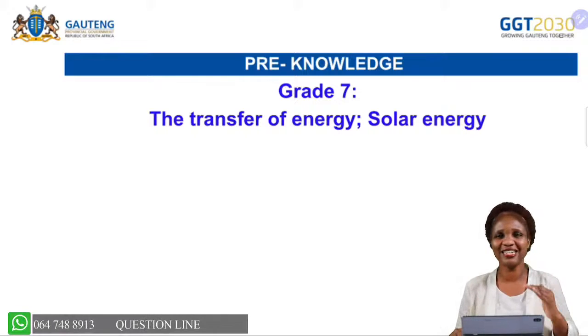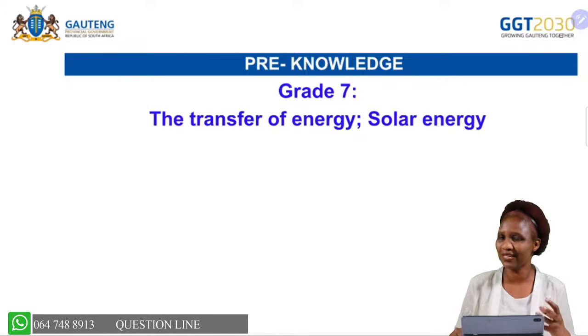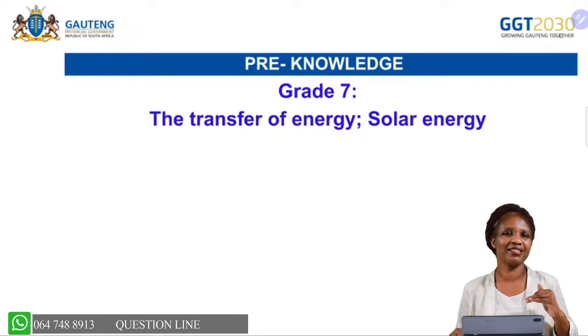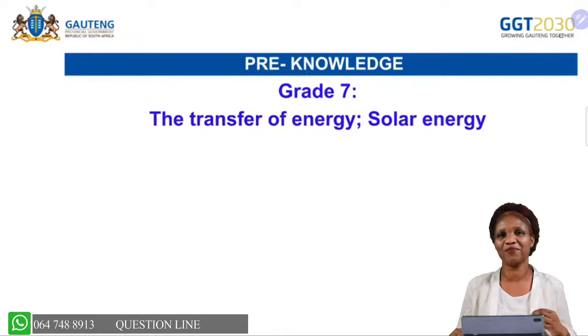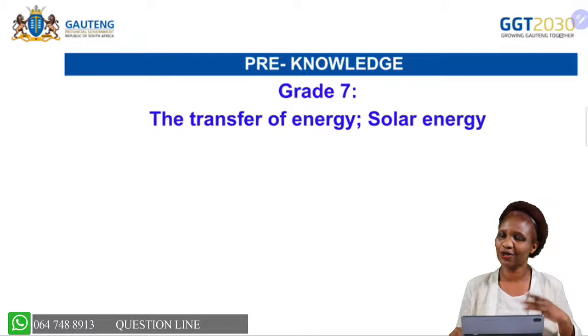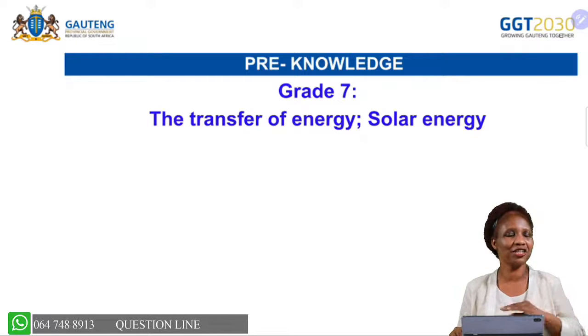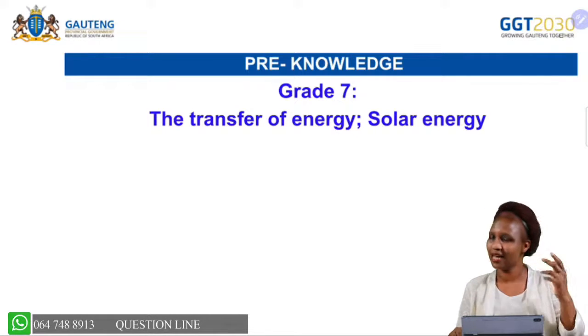Why? Because plants need the sun for photosynthesis. Remember what happens in photosynthesis. We need radiation energy from the sun. We need carbon dioxide from the atmosphere. We also need water from the soil so that plants produce their own food. Remember, plants are producers. This is the foundation that you have already laid, but today we're just building on to